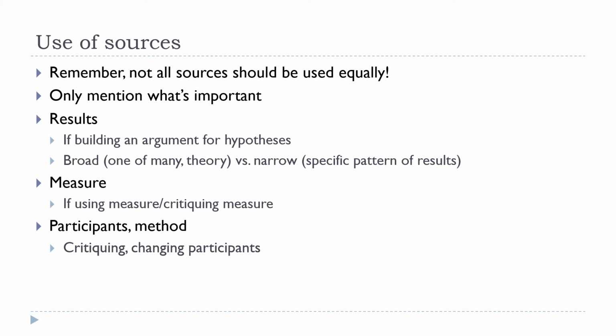And also, you would never do something like talk about the number of participants or the proportion of males and females, once again, unless that was a specific source of critique. Likewise with the method, you would really only go into a lot of detail about the method used if you were adapting the method for your own use, or if it was once again a source of critique where you were saying they used this method, I don't think it was the best way to go about things, here's the method I'm going to use and why it's better.